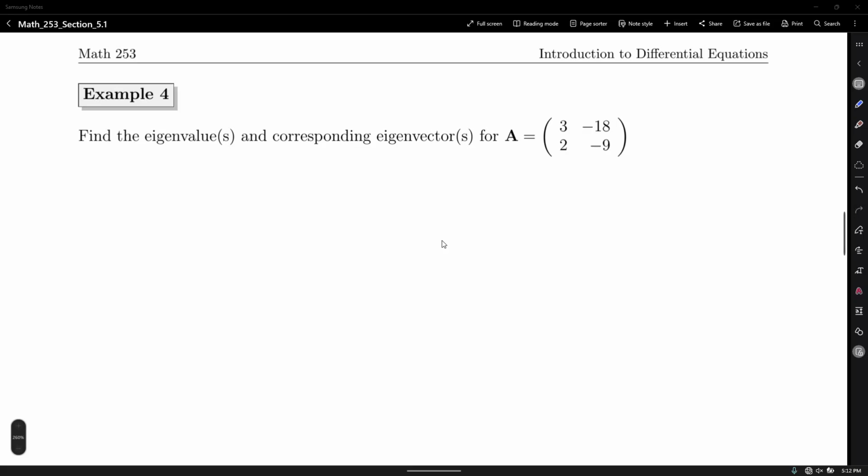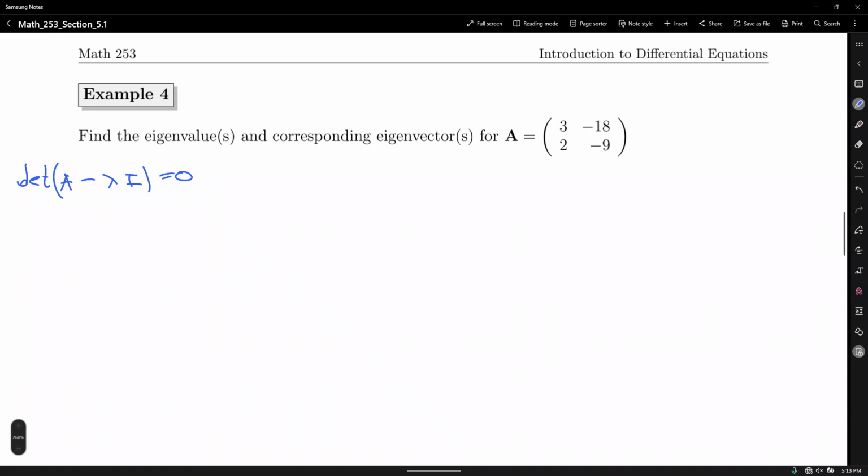So for example 4, that's to find the eigenvalues and the corresponding eigenvectors. Notice the singular, plural, depending on the case. You'll see why in a second. So what do we do? To get the eigenvalues, we set the matrix A, let A minus lambda I and find the determinant of it